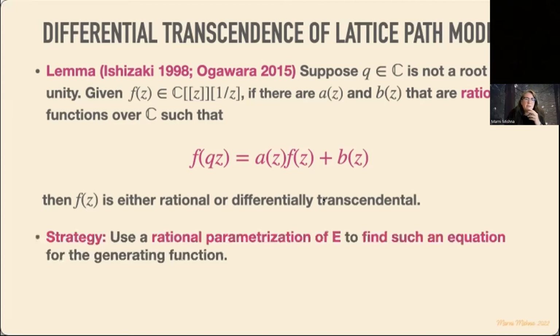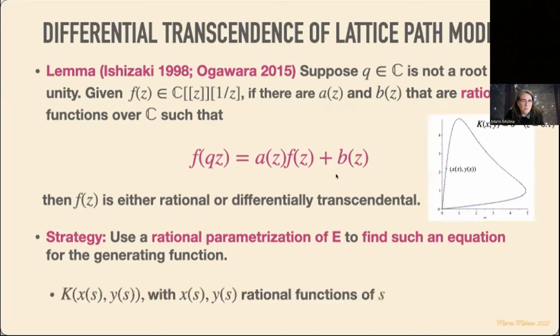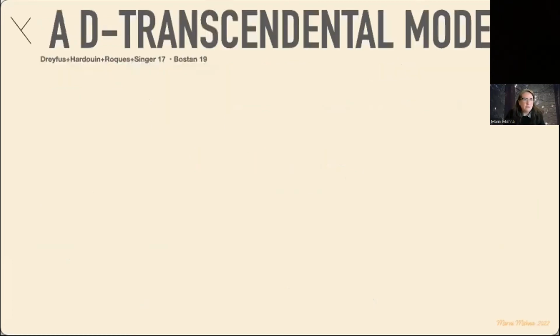Okay. So what I'm going to do is use that solution of that kernel. I'm going to find a rational parameterization of that curve, and I'm going to be able to turn a natural kernel functional equation into this form. So I'm going to start off with a natural functional equation and turn it into something of this form. What I mean by rational parameterization is when I have a curve, I can give you an s and find a point on this curve where x and y are rational. And we're going to be able to do this using computer algebra.